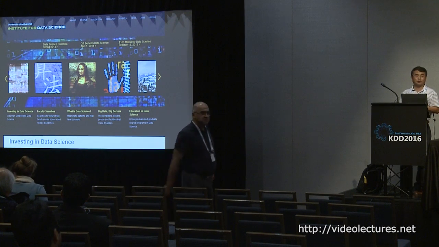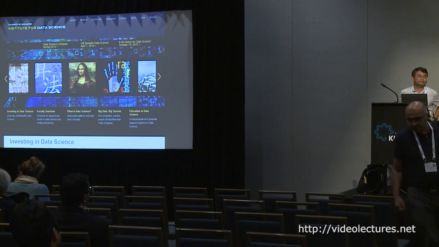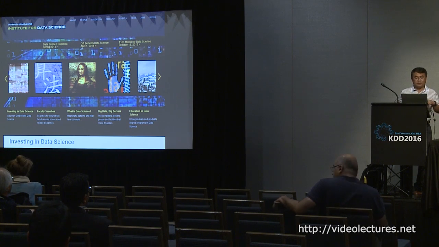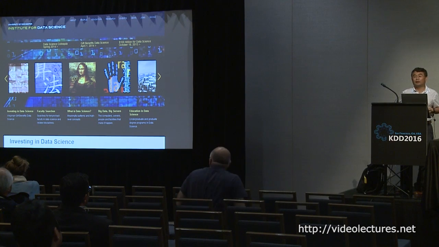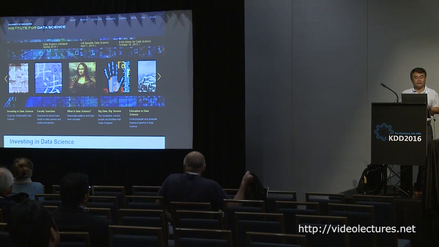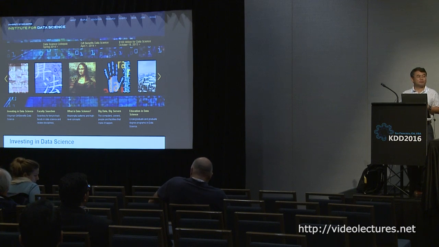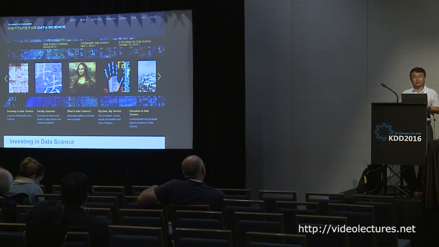This is just a little bit of promotion for our new Institute for Data Science at the University of Rochester. Actually, if you go to our homepage now, it doesn't look like this anymore. But I liked it so much, so I did a screen capture. The reason I like it is, I'm a computer vision person, so I like pretty pictures, but these pretty pictures actually mean something. In fact, each thumbnail picture represents the research of one of our researchers.